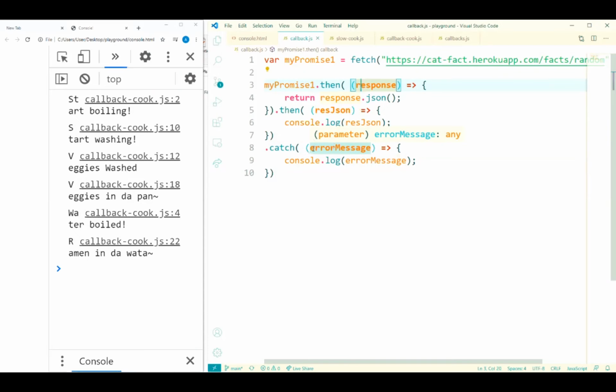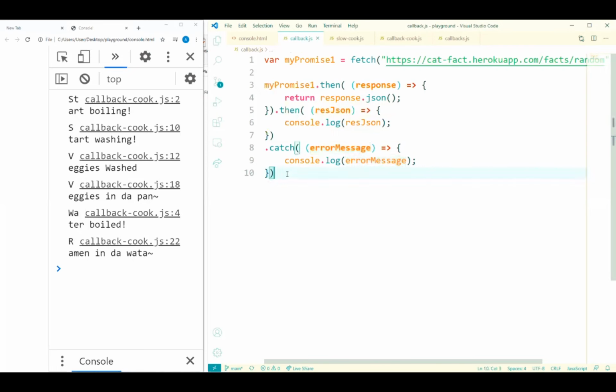And this error message is now a rejection message. We're just defining a parameter. This is just a parameter name, and then we can use this parameter name. When we actually run the code, this error message will be replaced with whatever error message that fetch returns, or whatever error message that response.json returns.